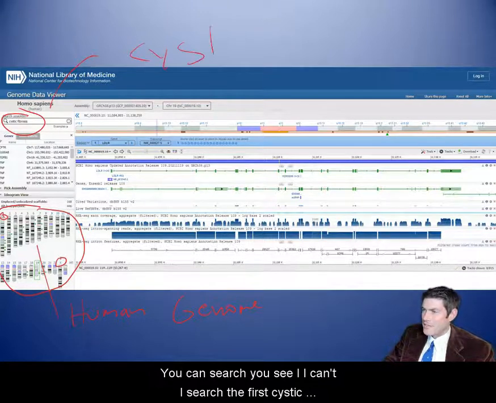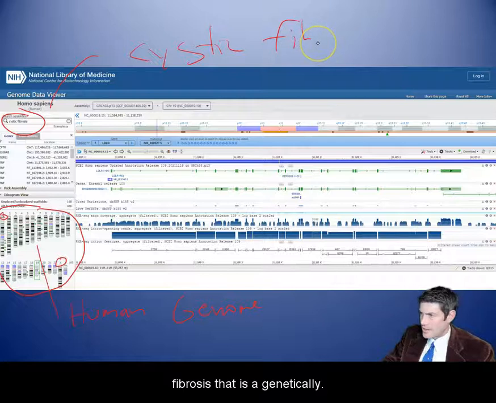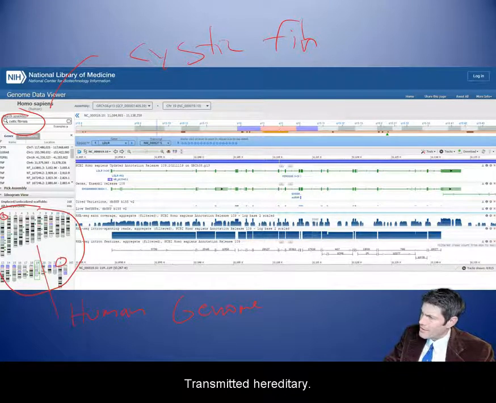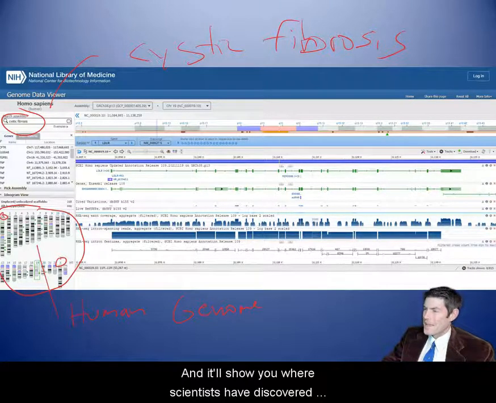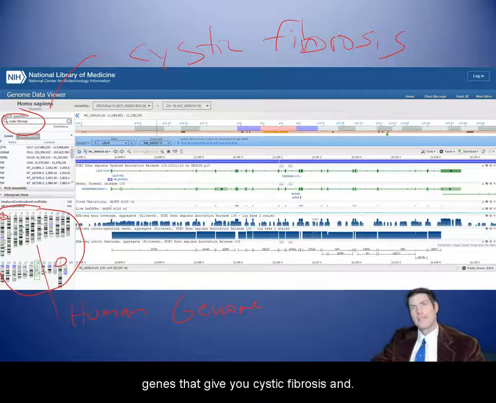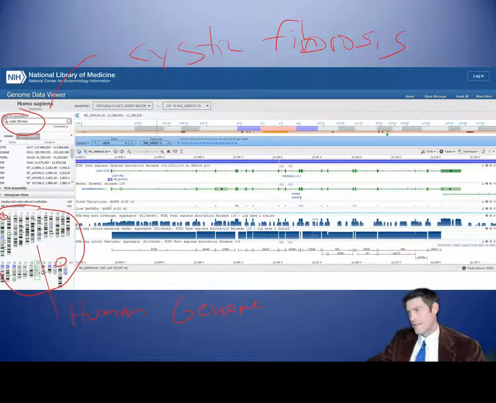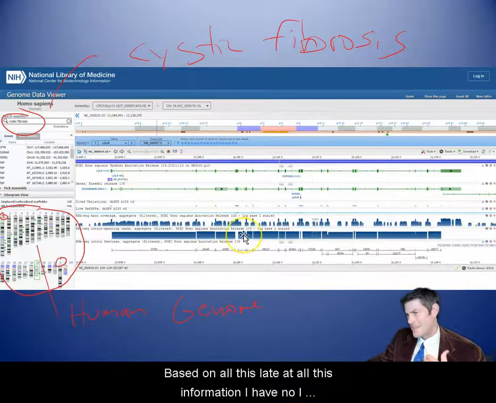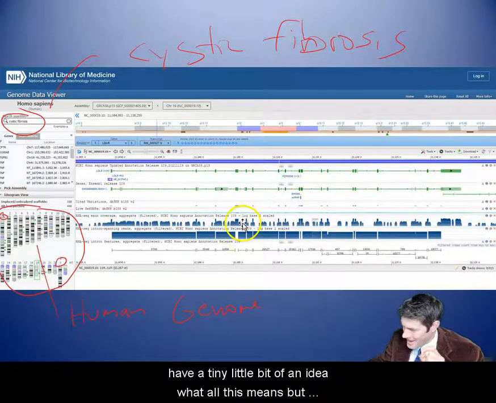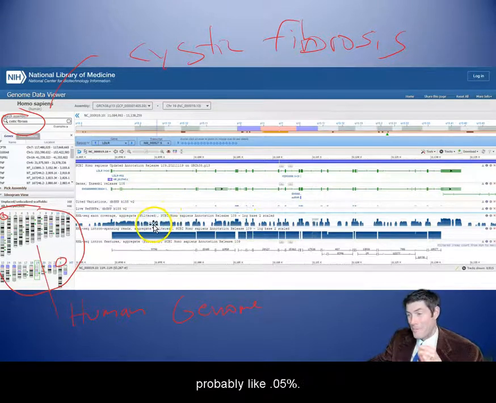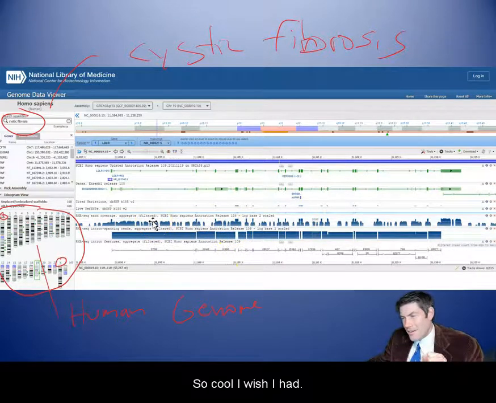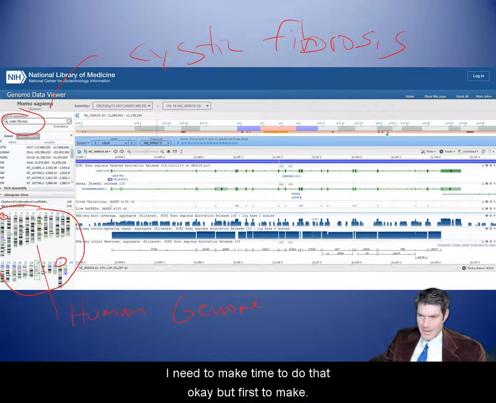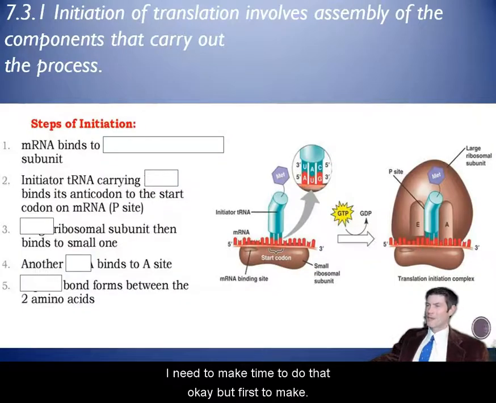I searched it for cystic fibrosis. That is a genetically transmitted hereditary disease. And it'll show you where scientists have discovered genes that give you cystic fibrosis. And based on all this, look at all this information. I have a tiny little bit of idea of what all this means, but probably like 0.05%. But look at all these numbers and graphics. So cool. I need to make time to do that. Okay, but first, to make